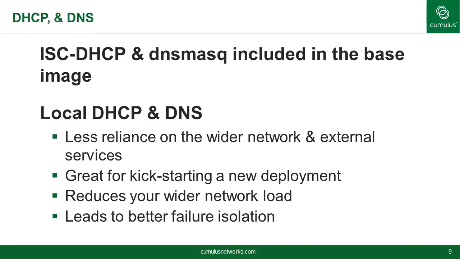Shipping with the Cumulus RMP solution, we have pre-packaged, pre-installed ISC DHCP, dnsmasq, and other tools. What this allows you to do is choose to run a local DHCP or DNS server. This allows you to have more localized operation, either because this is the first rack that's being deployed in your data center, so that you need it to kickstart the rest of your network, or be it that you want to have a very distributed model with localized DHCP based on the rich information that can be found because you're doing DHCP on the out-of-band switch